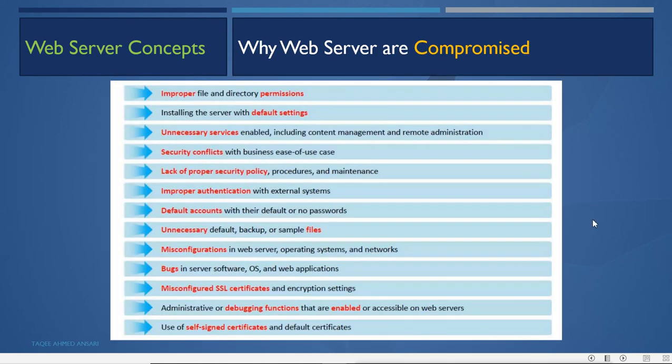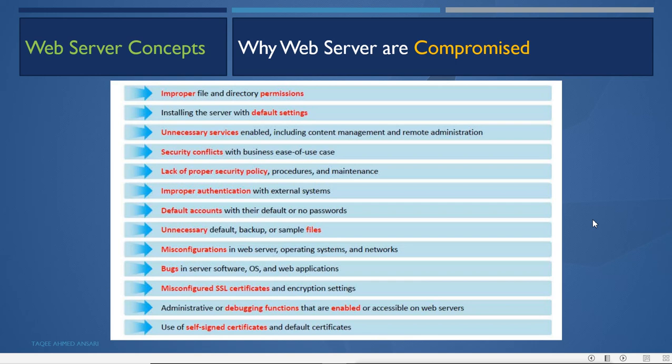Now, why are web servers compromised? These are some of the reasons why web servers are compromised. First, improper file and directory permissions. So if the administrator who is configuring the web server has not provided the proper permissions for the files and directories, that can lead to compromised web servers.